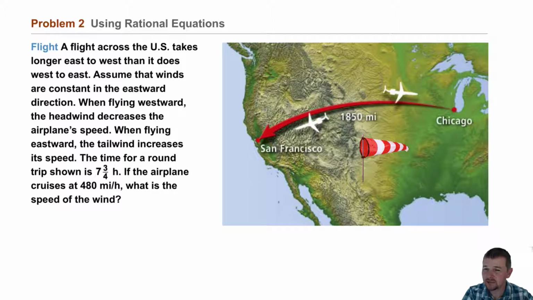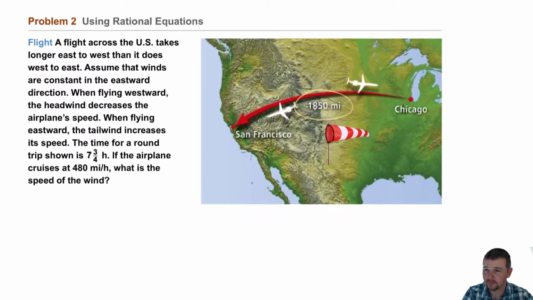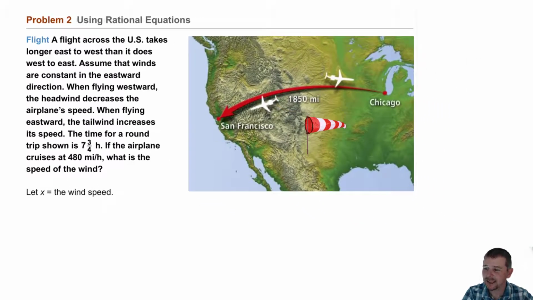I'll note in the image we have San Francisco and Chicago, with the distance between them shown as 1,850 miles. First, we'll let x equal the wind speed as we define our variable. We know that rate times time equals distance, so time can be written as distance over rate, just rearranging the